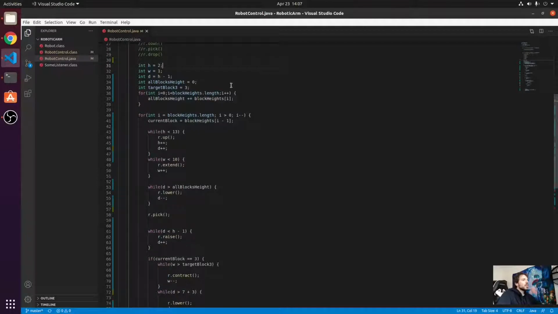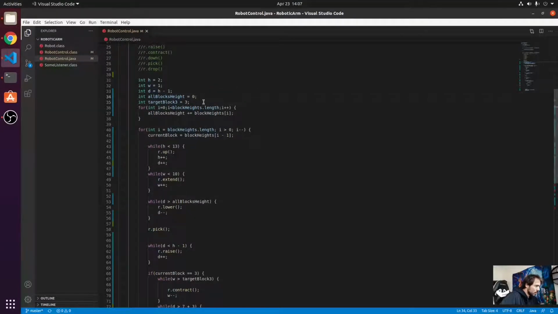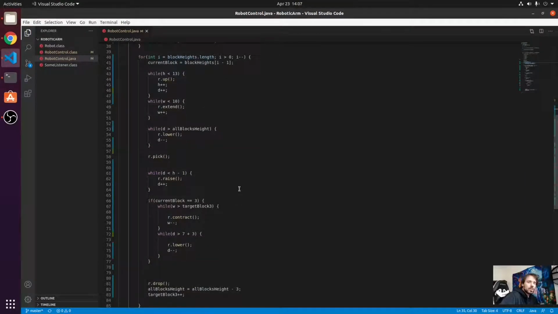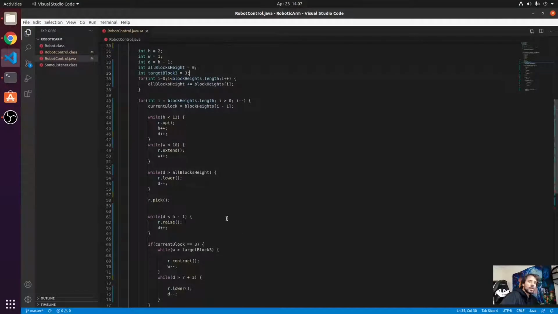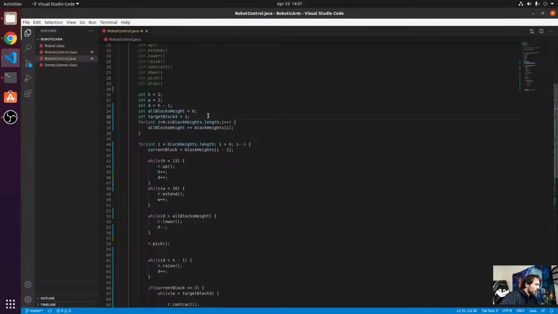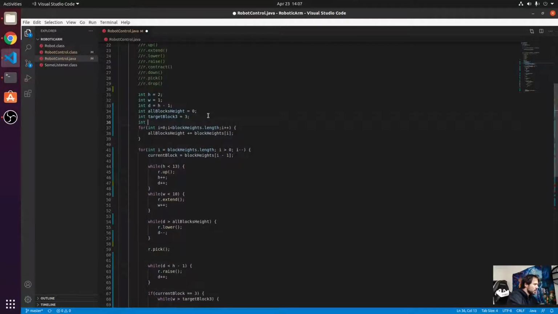Besides knowing what the maximum height is in order to lift it up to avoid any obstacles, the only time you're actually going to need to know what the current bar size is, is when we have a block of size 3, because we need to know onto which bar to put it and the height of that bar. So we're going to have a variable. It's going to be an int, and let's just call it current bar. And this is only going to be relevant when the block size is 3, and we're going to give it a 0 initially. Actually, not the current bar. What we need here is the bar index,